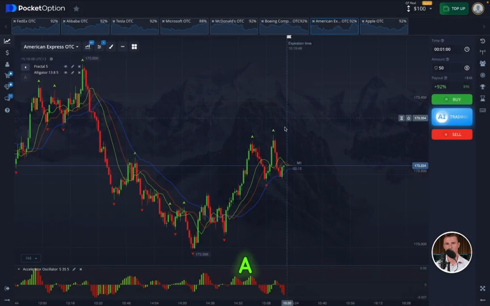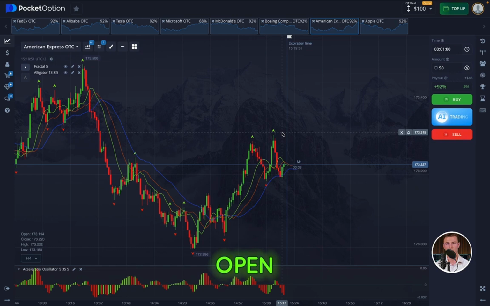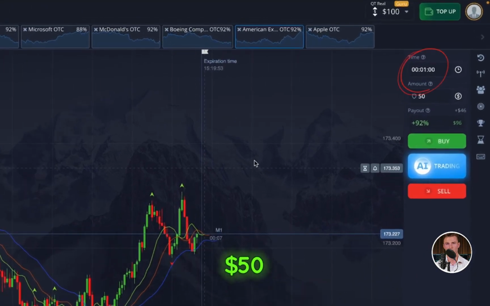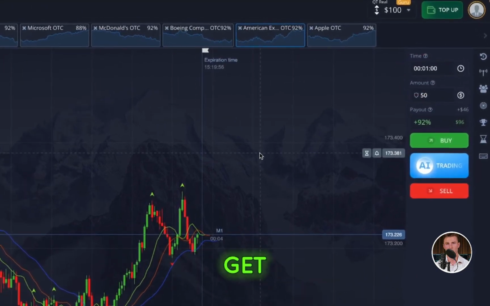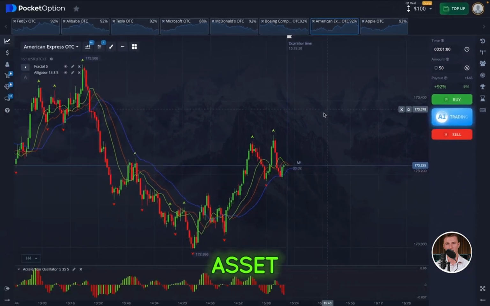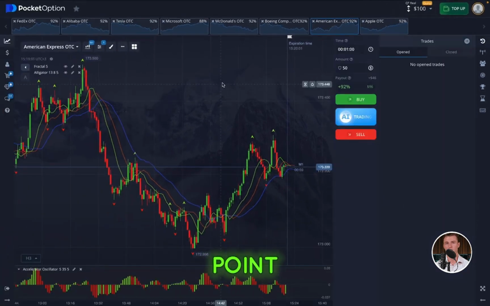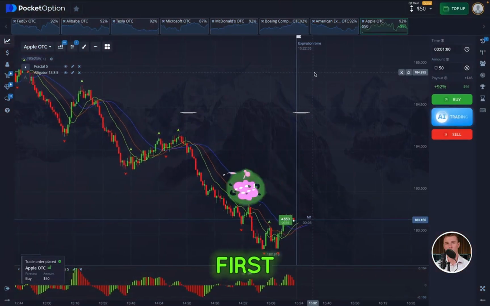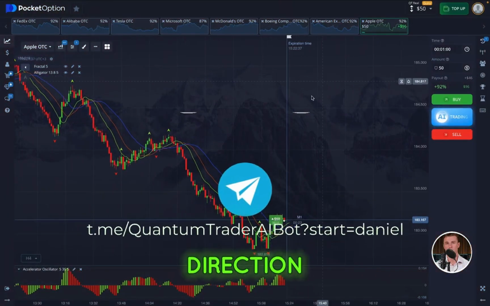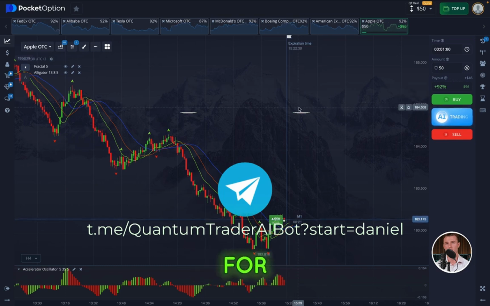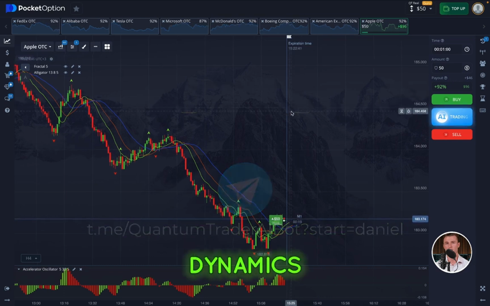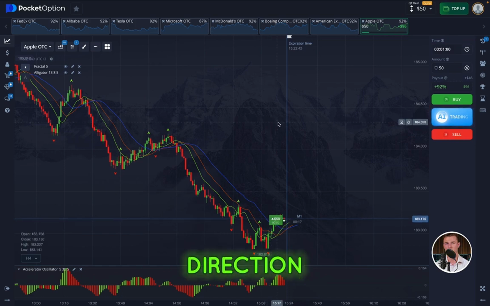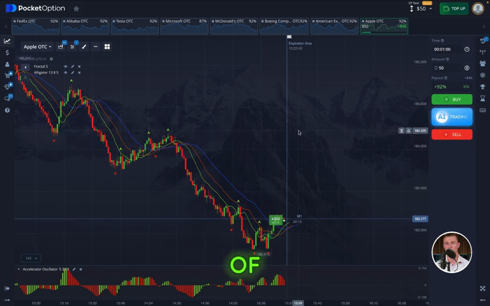We will open on a minute time frame, and I will open the first position for $50. Let's get started and select the first asset for the most optimal entry point. Let's try to open the first position against the trend direction. Here, it will be possible for us to change the dynamics of the direction to the nearest section of movement